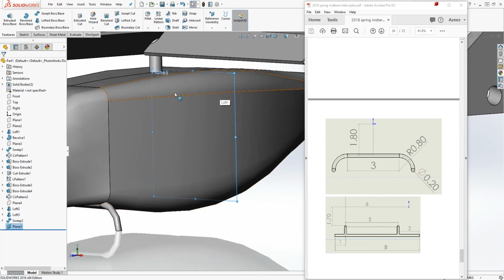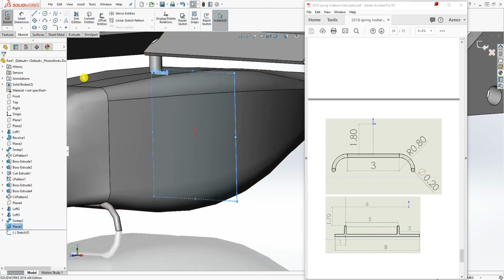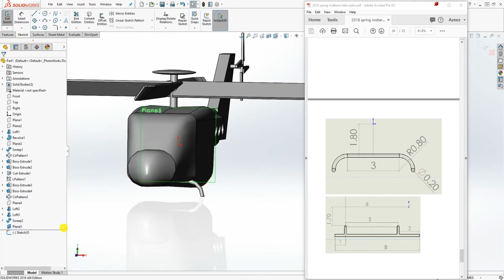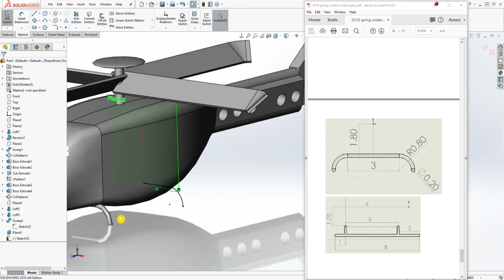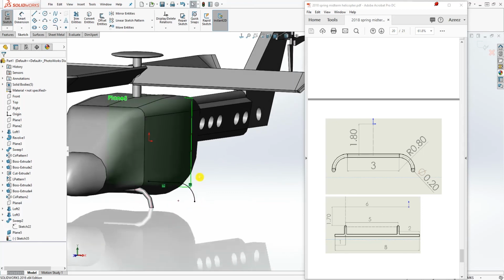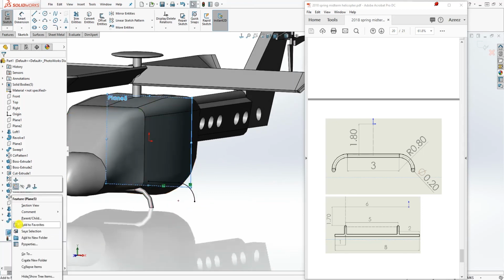So now that plane we just made, we're going to draw a sketch on it. So while you're in the sketch mode, open the sketch for this sweep, this part that you just did. You don't even have to open it, so click on this drop down, select the sketch for it, and select convert entity, so it converts that sketch to the back because it's the same. So once we have that converted,